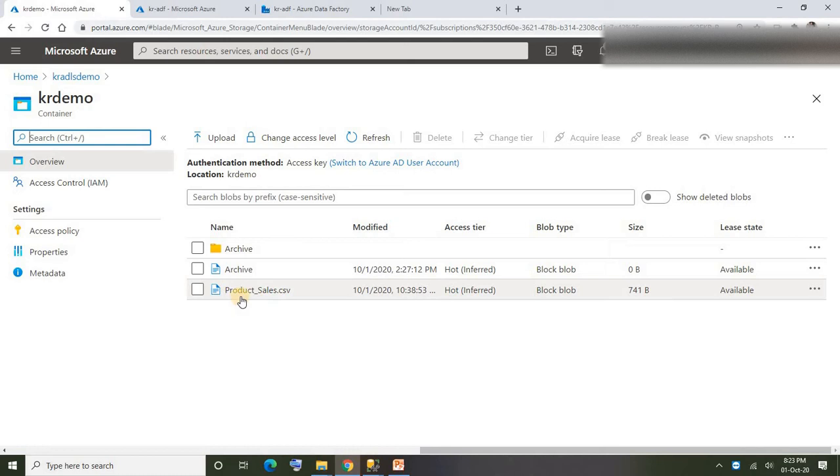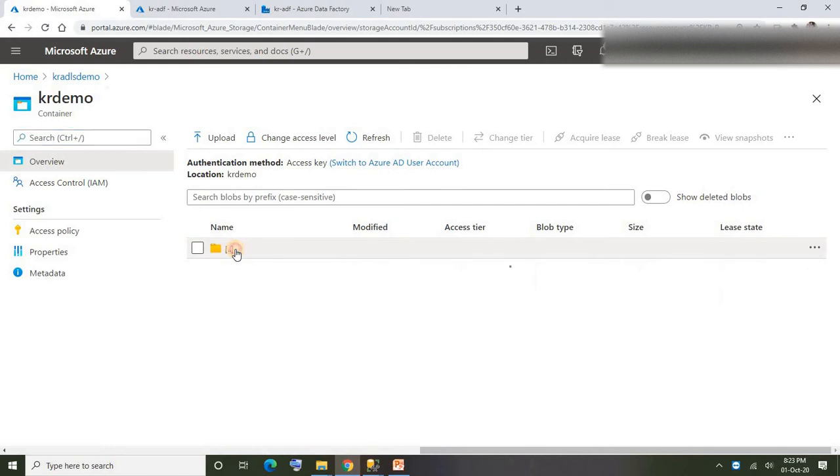product_sales.csv. For this file I need to check whether the file modified date and the last load date are the same or not. If both are not the same, I just want to pick this file and load the data into target table. If both are the same, I want to skip the load but copy this file to archive location. This is the location where I want to archive.